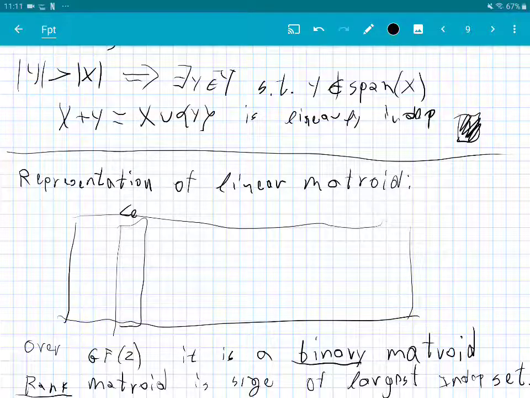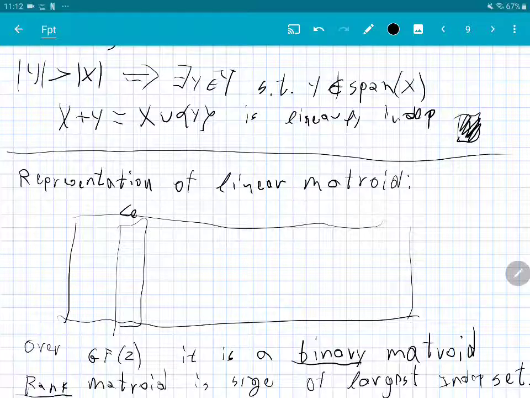Now the dimension of the matrix is equal to the dimension of the rows or the dimension of the columns, if you remember your linear algebra, which is the maximum number of independent columns. So in particular, if I give you such a representation by vectors, since the rank of the matroid is the linear dimension of the columns, this is also equal to the dimension of the rows, and then we can just